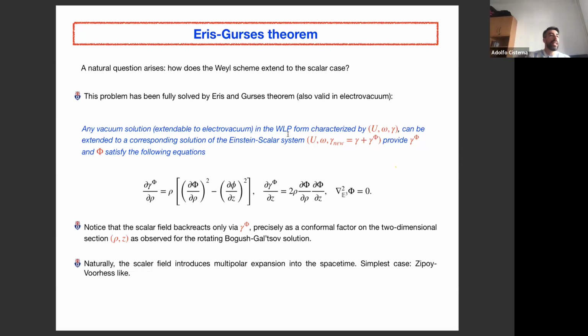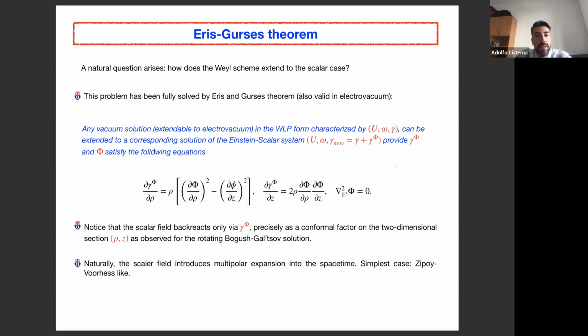So again, you use the nice features of a spacetime that is already adapted to stationarity, axisymmetry, and that is circular. So if you take a Weyl-Lewis-Papapetrou spacetime that is going to be characterized by a function u that is basically the Newtonian potential, by a rotation, and by a function gamma, which is what hits the non-Killing sector of the metric,